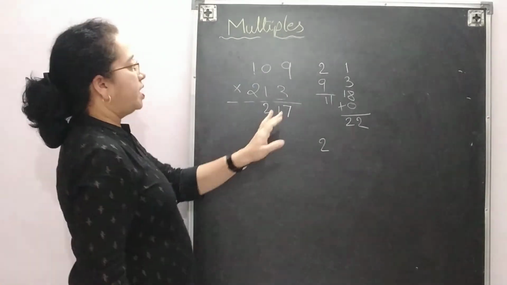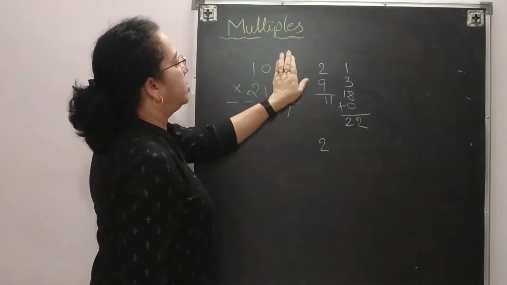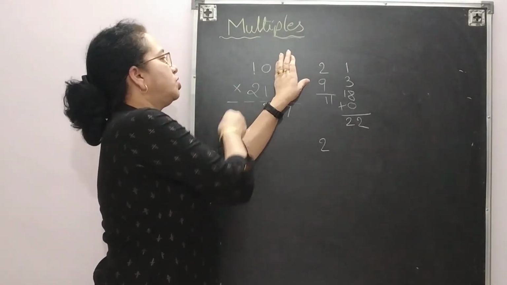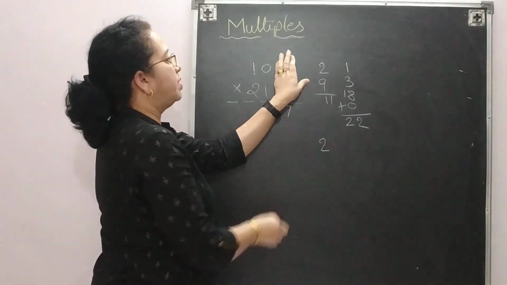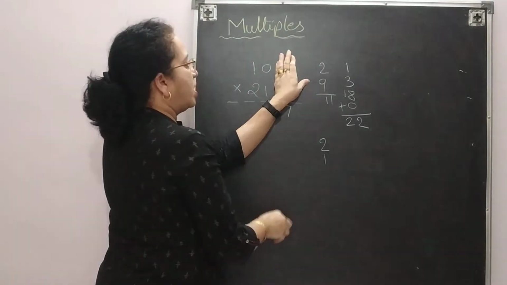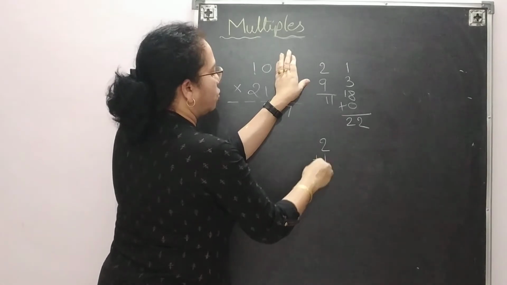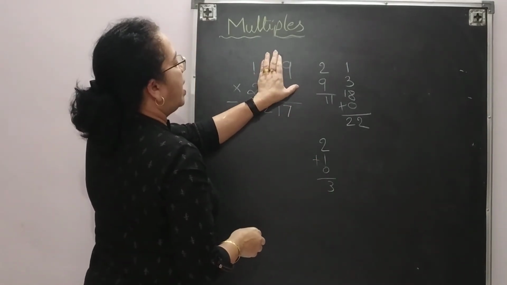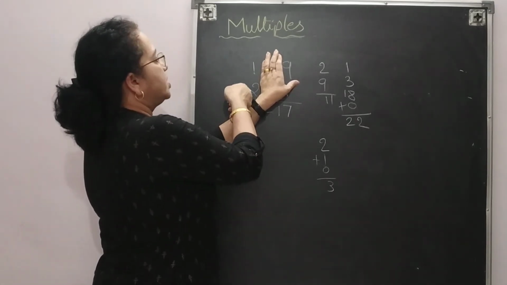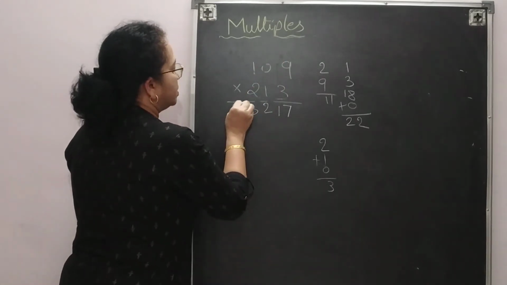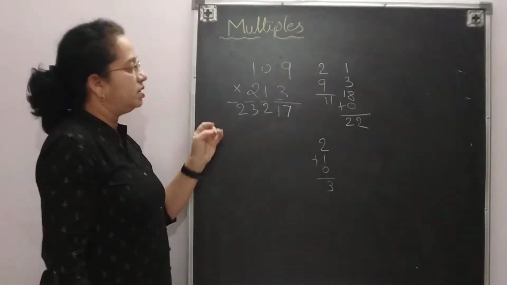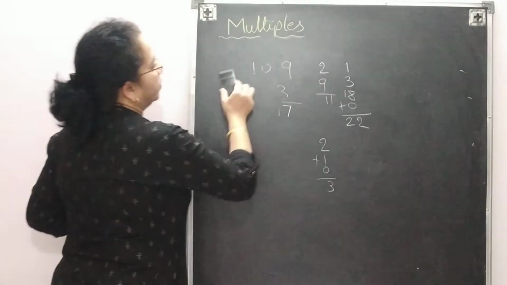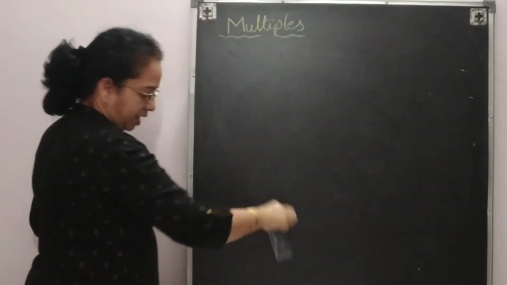Okay. Now same way start hiding this unit place digit. Now you have these two numbers. Whenever these two numbers are there, always we do cross multiplication. So 1 into 1 and 2 into 0 will give you 0. So add this, you will get 3. So write down 3. Now hide another digit also. So which is left? 2 into 1. So 2 ones are 2. So this is the answer, multiplication of 3-digit number by 3-digit number. Let me take one more example for the same type of question.